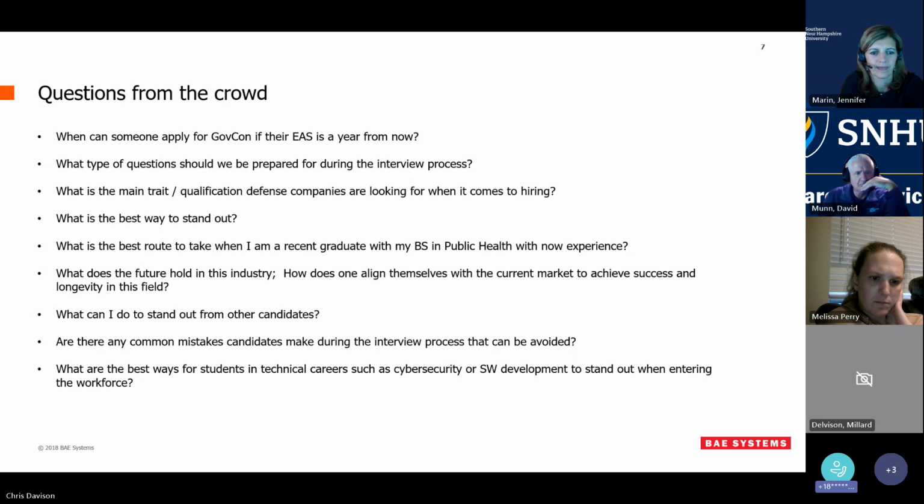Are there any common mistakes candidates make during the interview process that can be avoided? Kind of back to what I said, not researching the company or the position, having a know-it-all attitude. I think that's good in some cases if that's what they're looking for. But if you're going to be dropped into a team where you've got to show teamwork and collaboration, many times it's a mistake, unintended, but people don't talk about